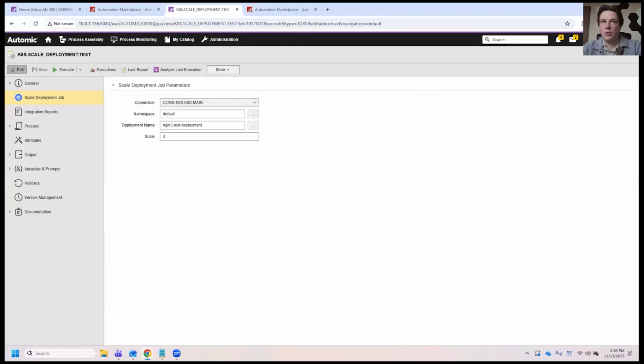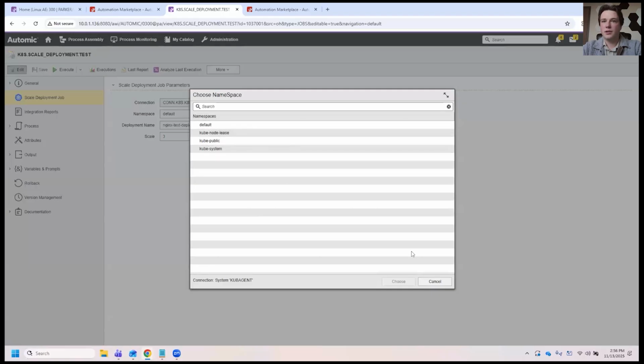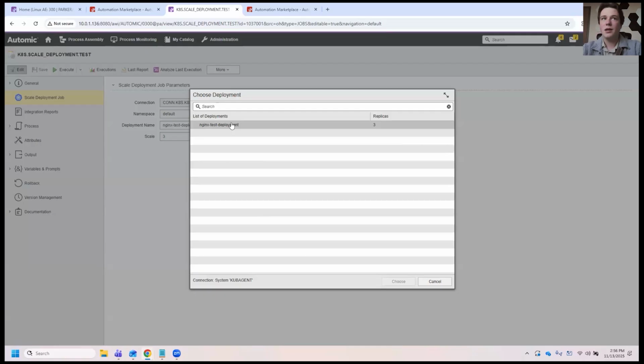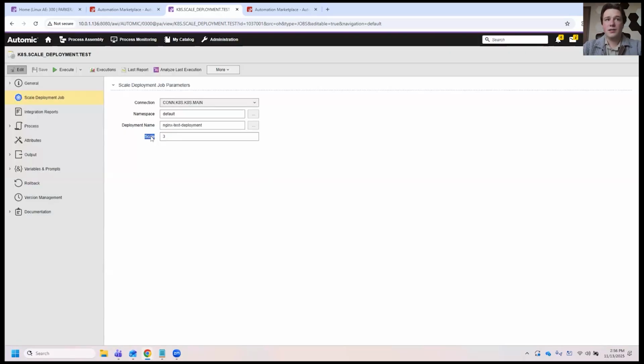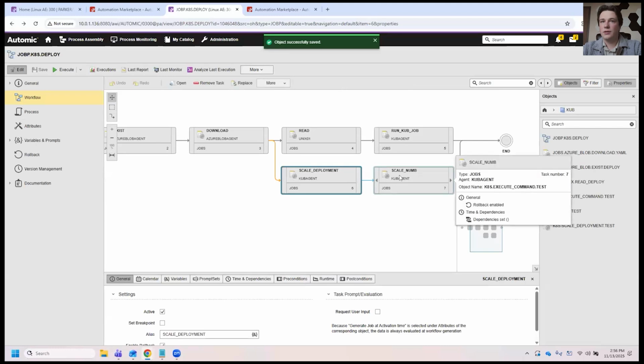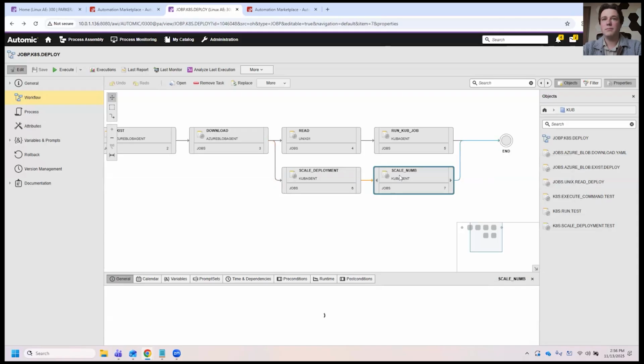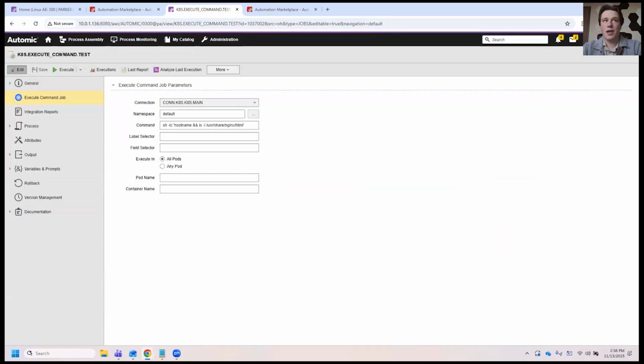Now, as mentioned, we're looking at a scale deployment. So we can see the default and then the deployment name. Default, as mentioned prior, we can see all the namespaces that we have available, and then the deployment name. So this is showing us what deployments we have available to us, and then how many replicas are showing of that. So those are the containers that we were talking about earlier. On this one, we have 3 containers. Now we can scale this. So if I want to put 5 here and save that and go back, then what we'll see when we run this is 5 returns from this next job, which is the execute command